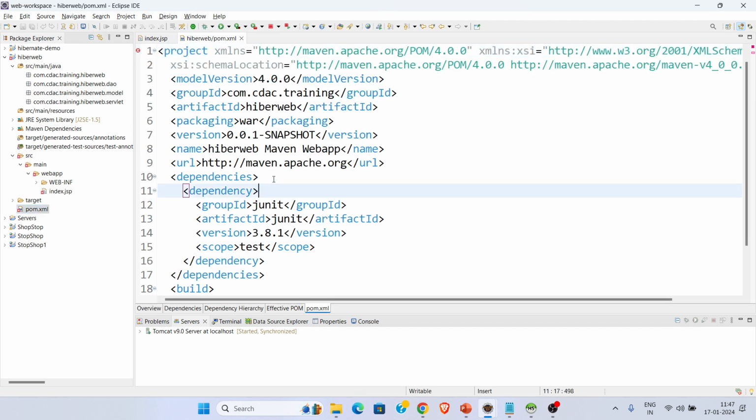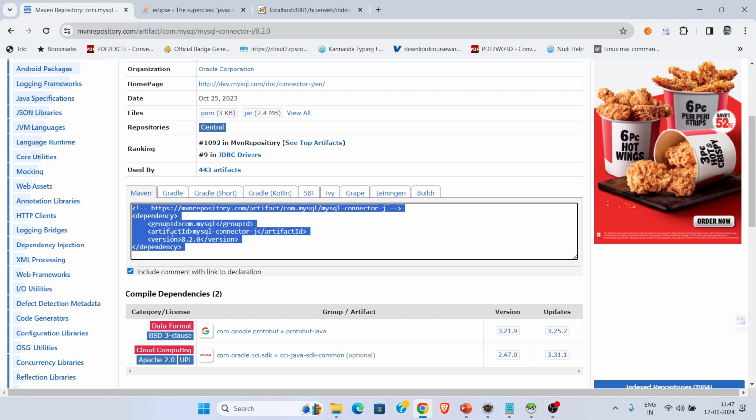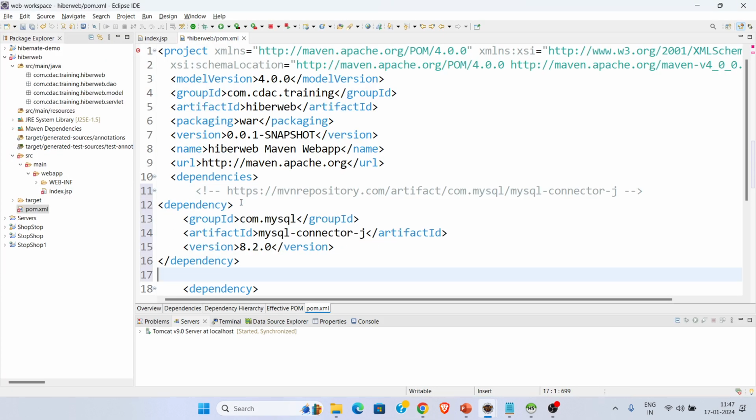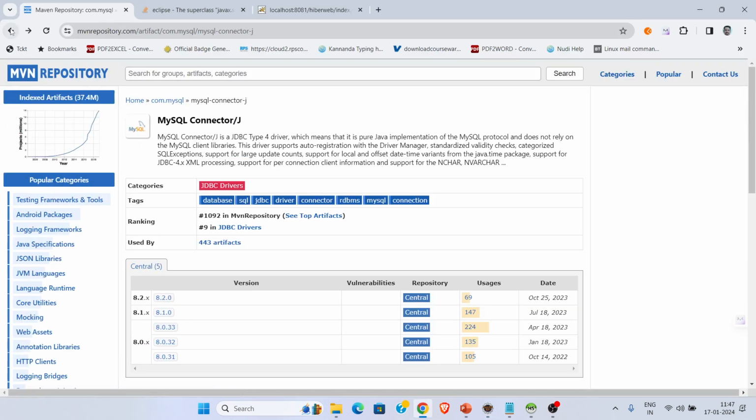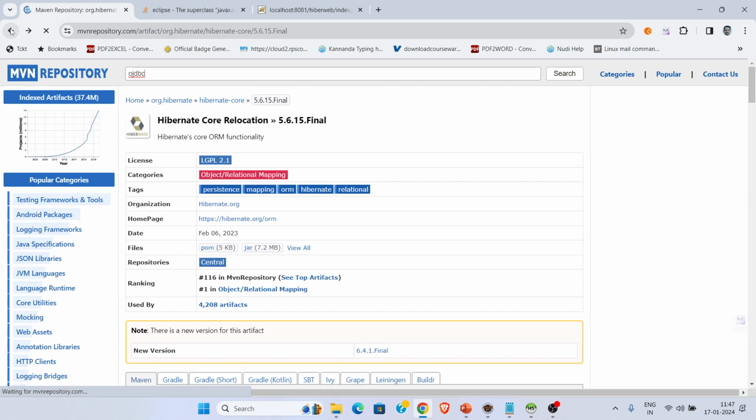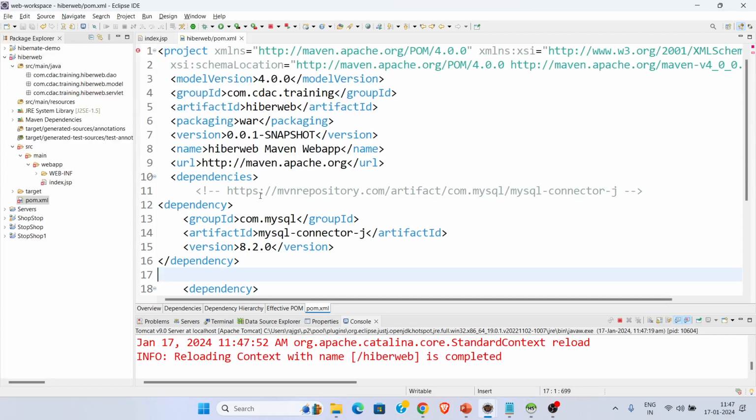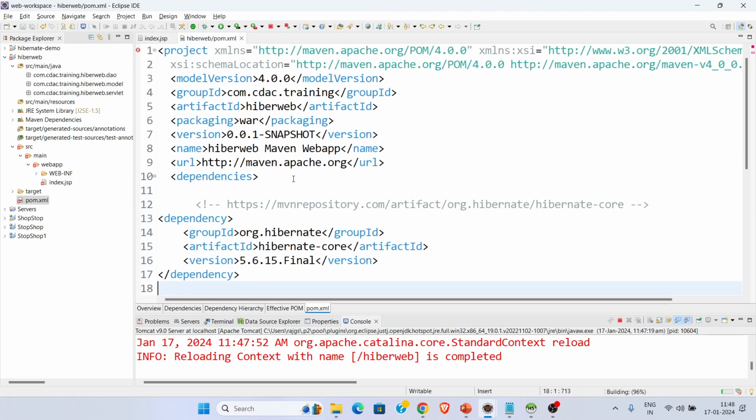Okay. You need to add the dependencies from the Maven repository: the MySQL connector, then the Hibernate core. Okay. So these two dependencies we have added. Mhm. So next,